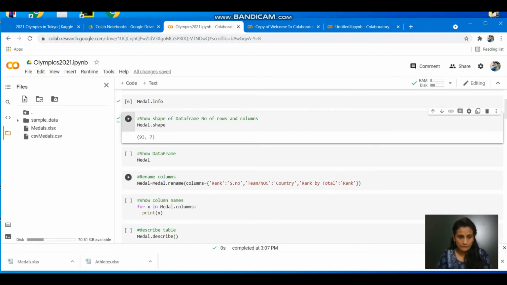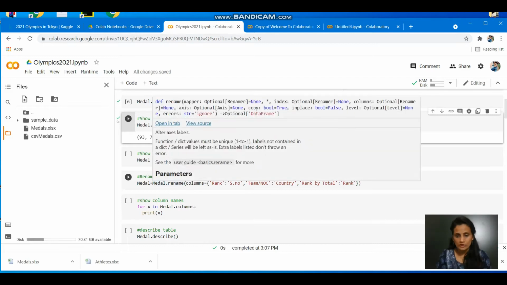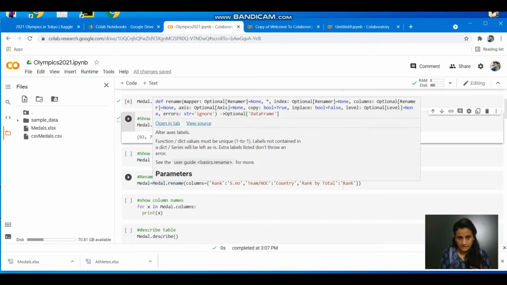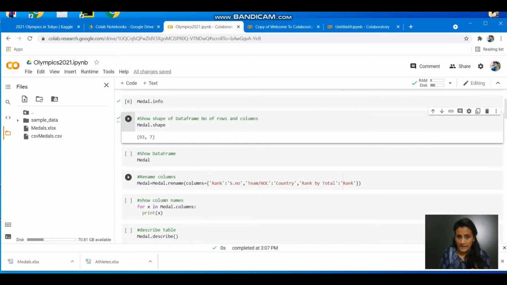Now next we are renaming the columns, because we came to know that the columns are actually not the way they should be. So team/NOC we want to rename, and rank by total also we want to rename. How we are using this command is, see, medal is a data frame, medal dot rename with columns and provide a dictionary.